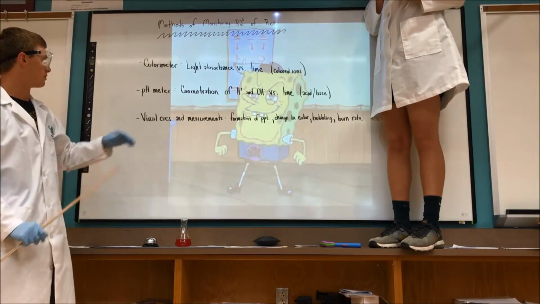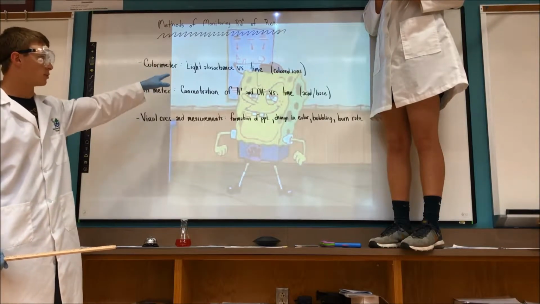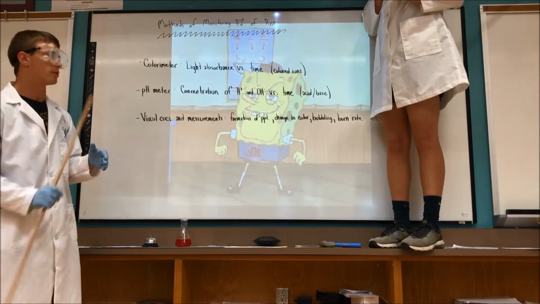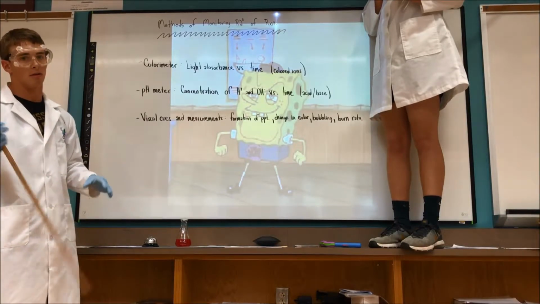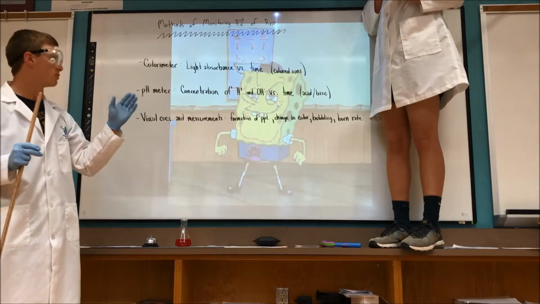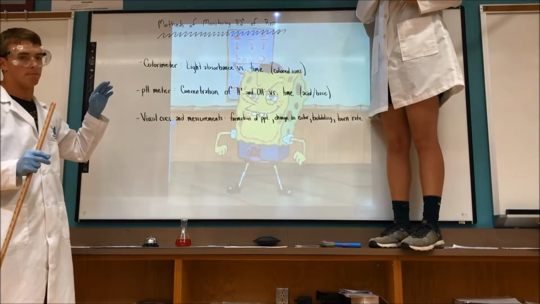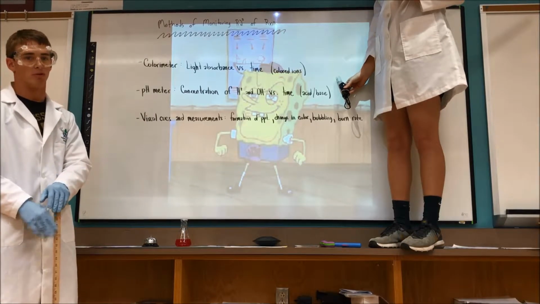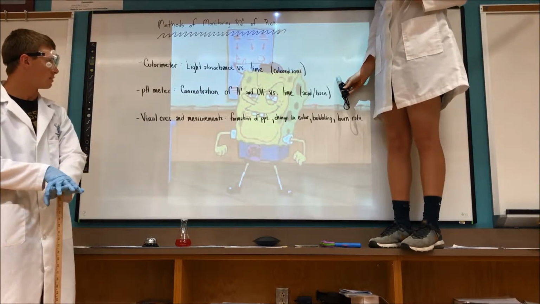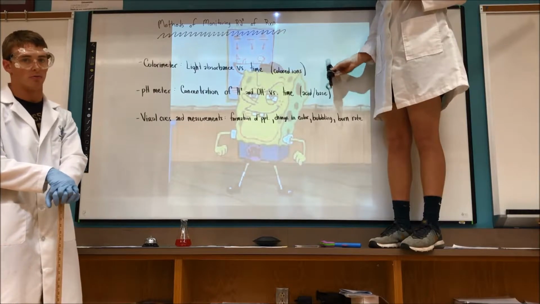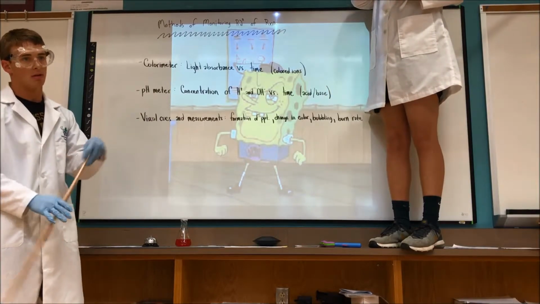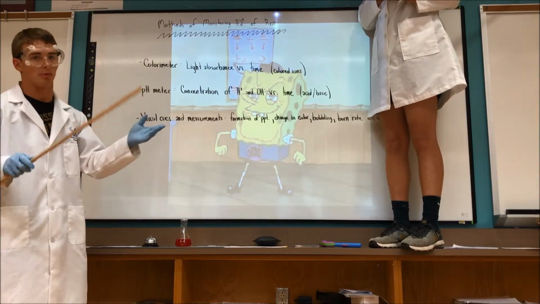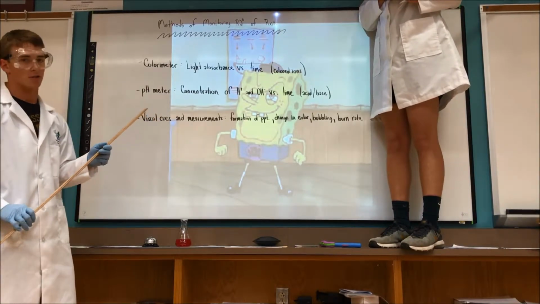So our first one is the colorimeter. This plots light absorbance versus time. So it's useful in cases where you have appearance or disappearance of colored ions; you can track how much absorbance there is over time. Next is the pH meter. And this is useful for when you're doing acid-base chemistry. It plots the concentration of hydronium and hydroxide ions over time. So as acids and bases are mixing and those two ions are appearing and disappearing, we can track their concentrations.